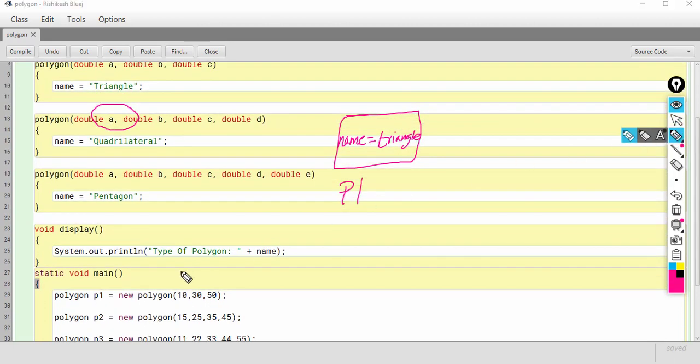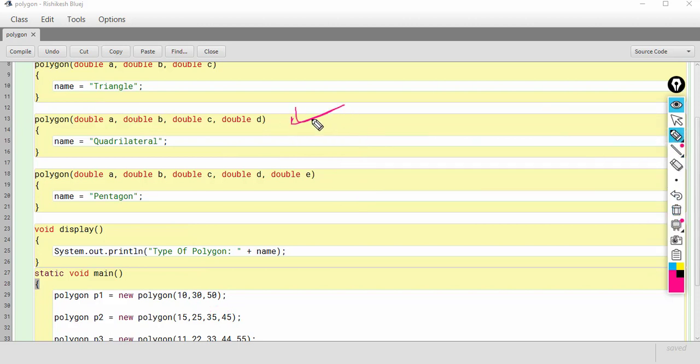Similarly, I've got a second object P2 here, and this time I am passing 4 arguments. Therefore this second constructor is called, and P2's name will store quadrilateral.